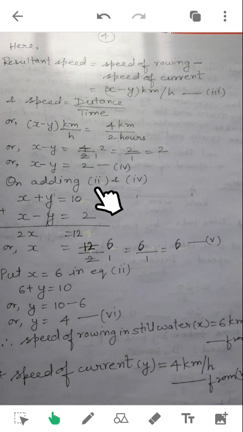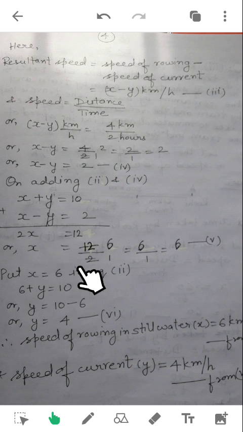Now simply we add equation second and fourth. In equation second, we have x plus y is equal to 10, and in equation fourth, we have x minus y is equal to 2. We don't have to do anything here because the sign before y in the fourth equation is negative and in the second equation is positive. Already the signs are opposite, and the coefficient of y is 1 in both, so we don't have to equate them, and we are simply adding. So plus y minus y will be cancelled out. x plus x is 2x, 10 plus 2 is 12. Or x is equal to 12 by 2. 2 ones are 2 and 2 sixes are 12. So this is 6 by 1 and this is 6. Say this one as fifth equation.